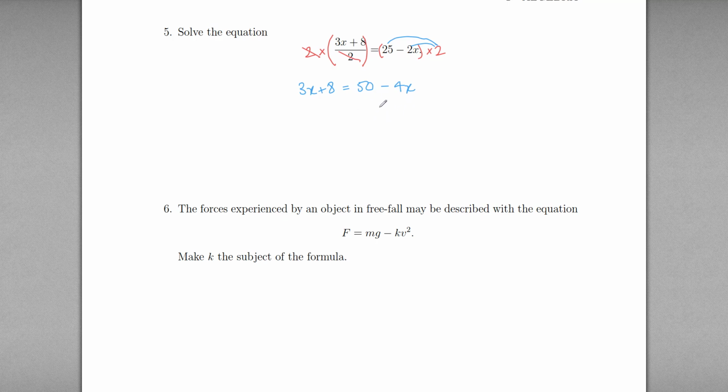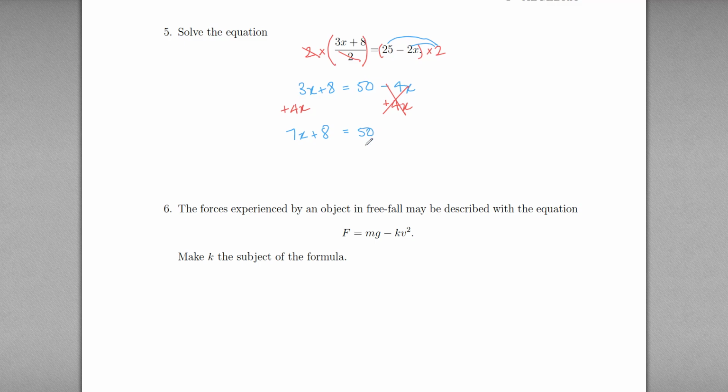And then to finish this off, we're just going to bring the x's to one side, so I'm going to kill the minus 4x because it's smaller. So I could do that by going plus 4x. If I do it to the right, do it to the left as well, plus 4x. So right side, that's going to kill. Left side, we get 7x plus 8